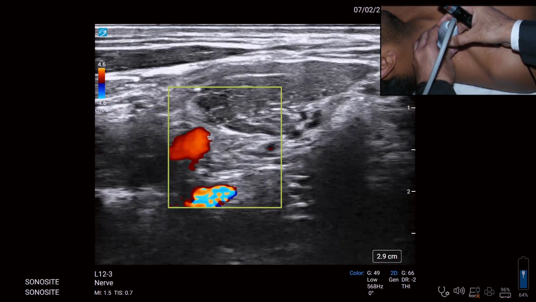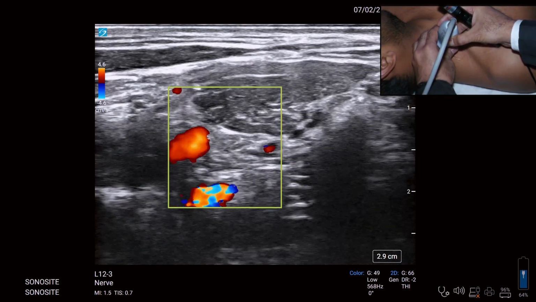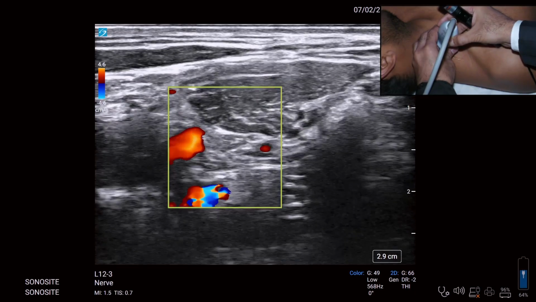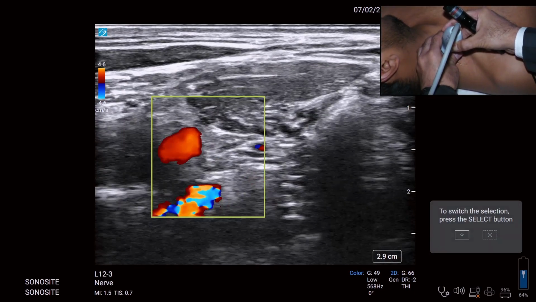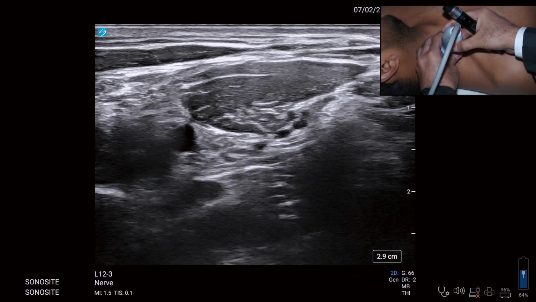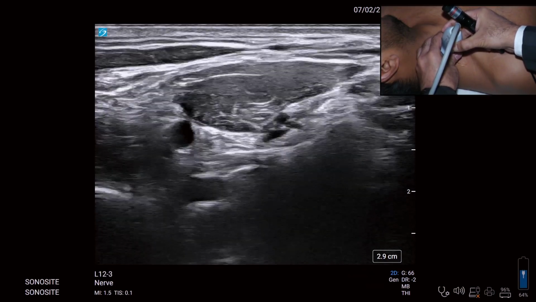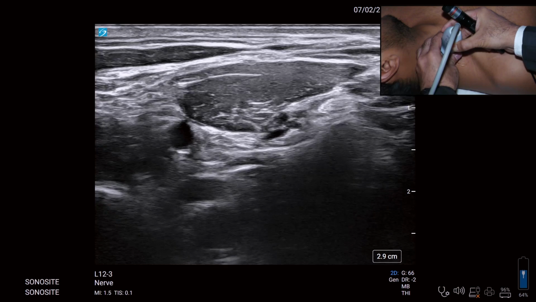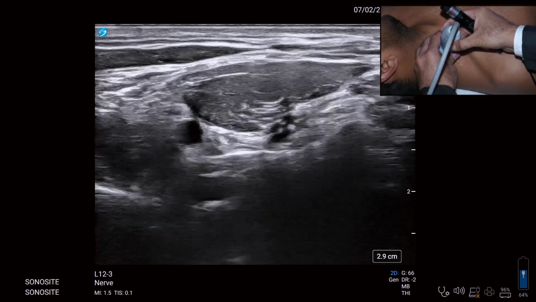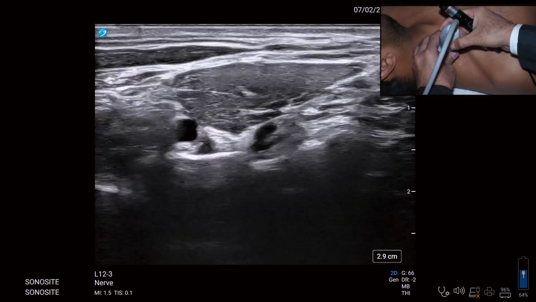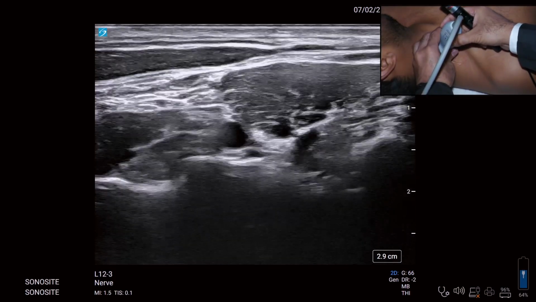In the landmark-based era, this used to happen. Why? The vertebral artery and vein is very close by located. So accidentally we might puncture. Can we go back on the 2D mode? Yes, sir. So this is C7 level, no? Yeah, C7. So this is the vertebral artery. This one is the vertebral artery. Yeah, vertebral artery and vein both are seen. Both are seen, and where is the root, sir? C7 root? Yeah, this one is the root. Yeah. So as we go up, up, up,